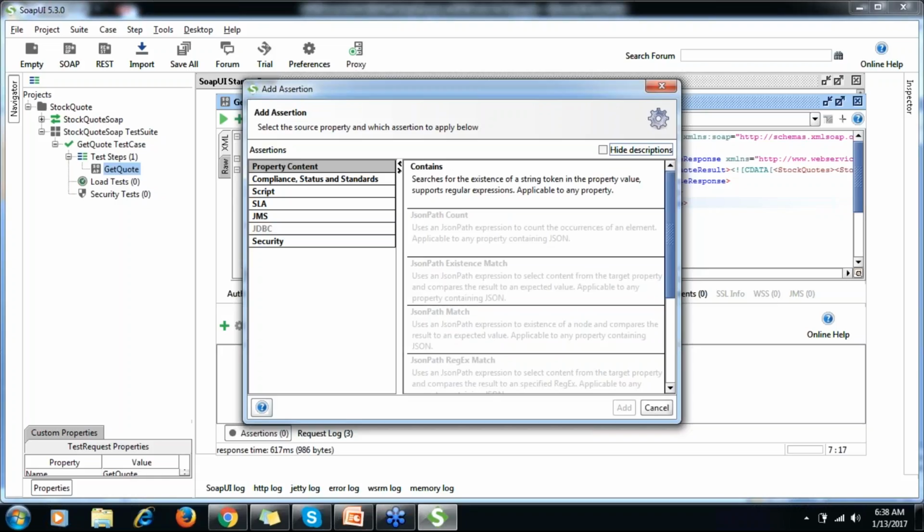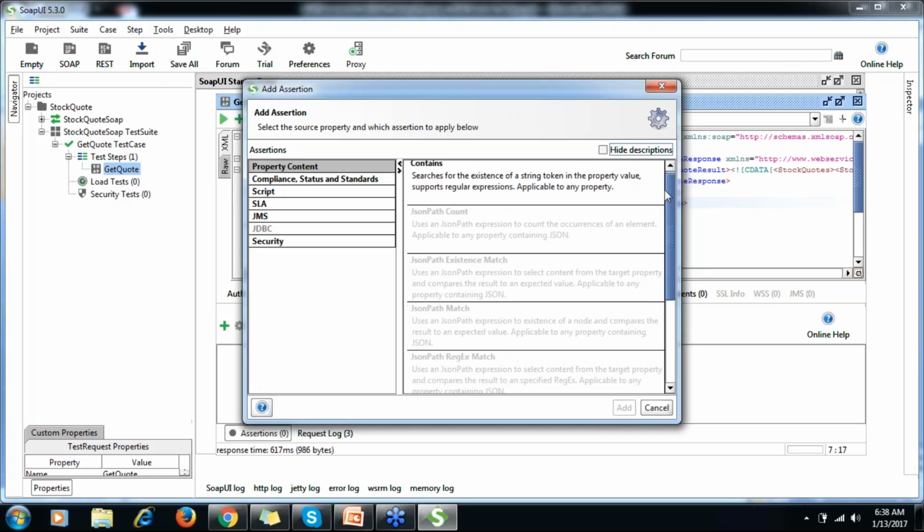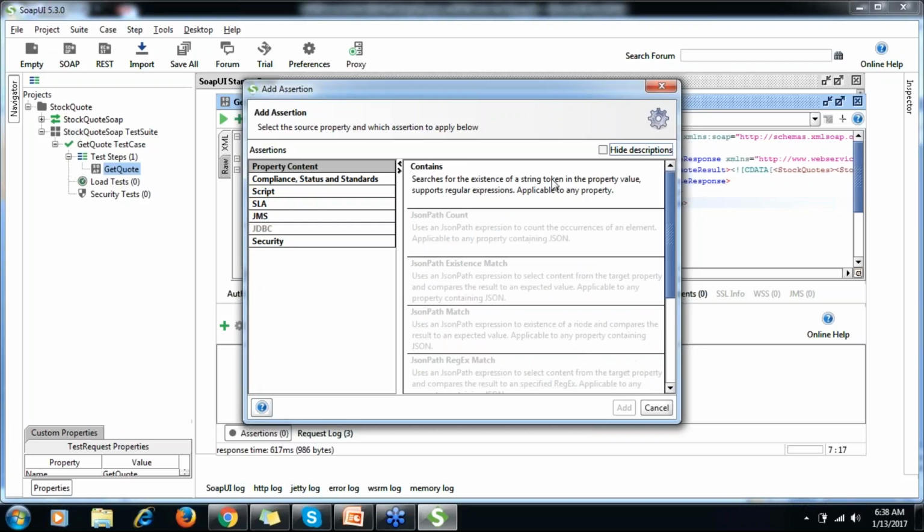So let me start with contents. Content searches for the existence of a string token in the property value, supports regular expression, applicable to any property. So if you want to verify some property, some value, you can put it here.